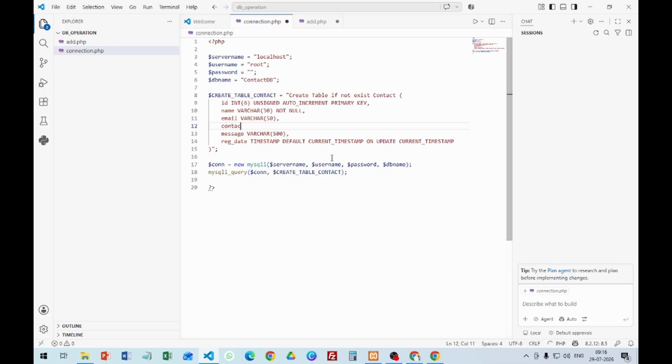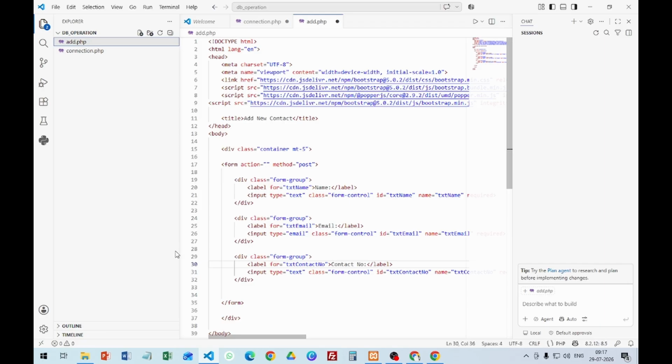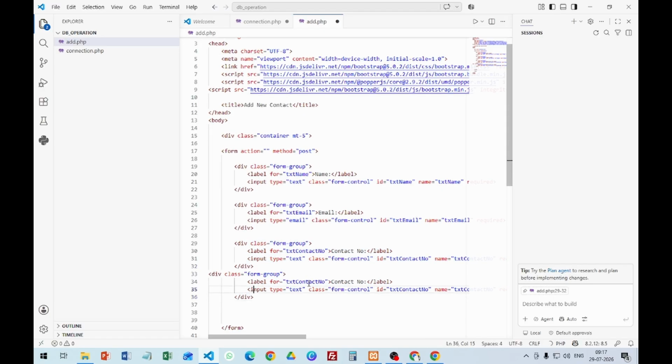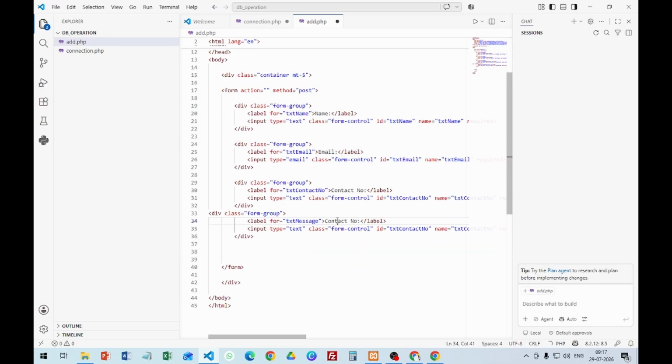I need to create one more field inside the table with contact number. Let's make it varchar. Copy paste it once again. For message,